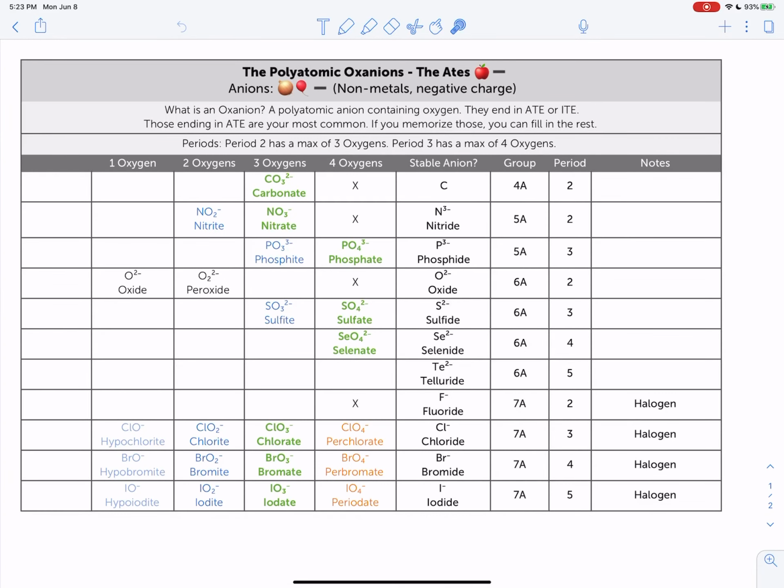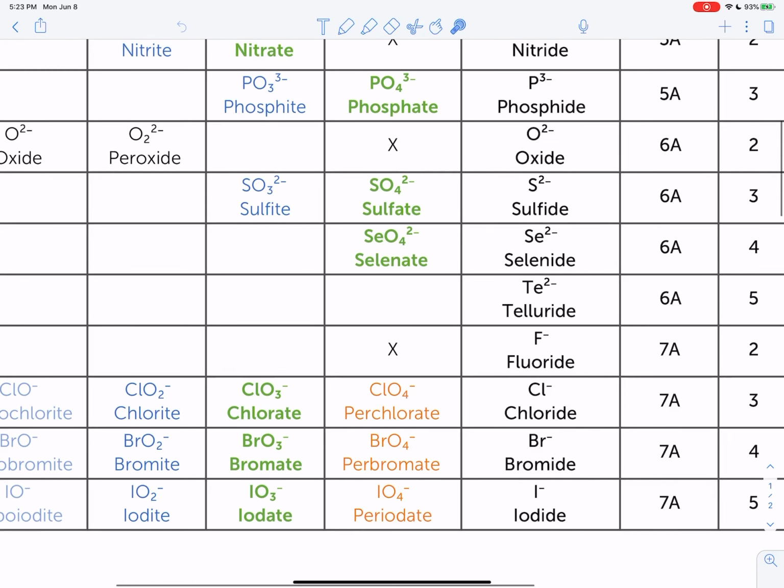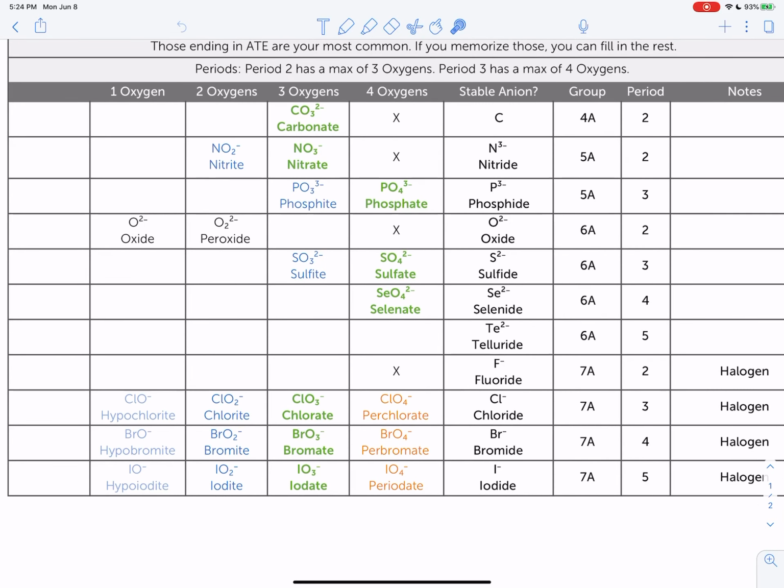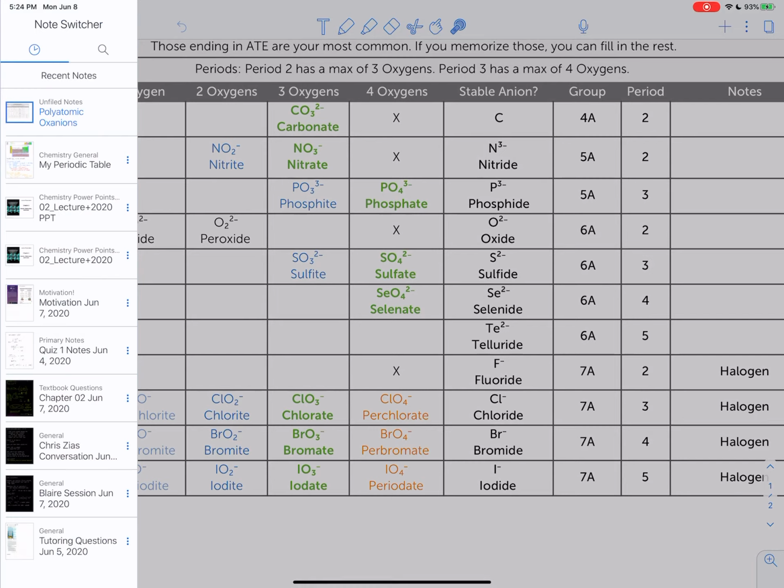So what you do have to know, though, is that per is going to mean 1 oxygen after your ate, okay? So you see chlorate has 3 oxygens, perchlorate has 4. And really, chlorate, bromate, iodate work exactly the same way. They are all in group 7A. They are all halogens, okay? And they're stable ions. They like to be -1, okay? And if you forget why that is,